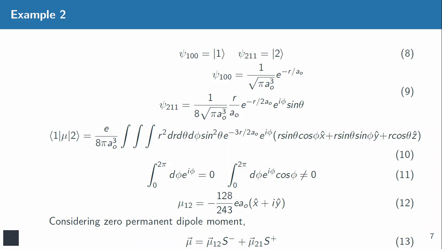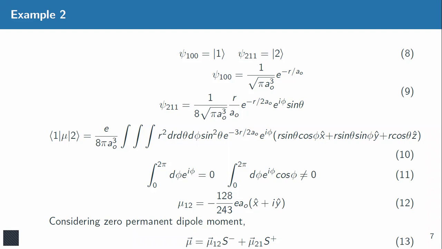We could see that there is a phi dependence in the 211 state. We will see how it goes and how it plays a significant role in solving the integrals. Again, exploiting the spherical symmetry of the problem, we take the triple integrals and convert them into spherical coordinates. We could see that the integral along the z-axis is going to be 0,